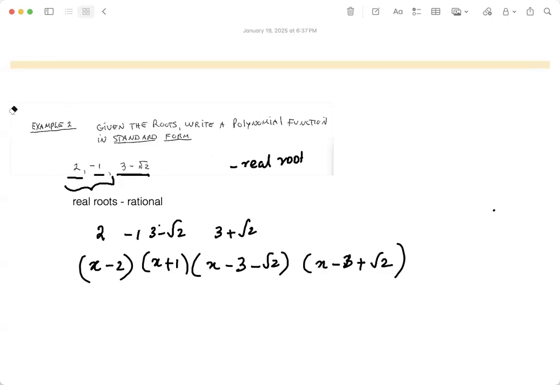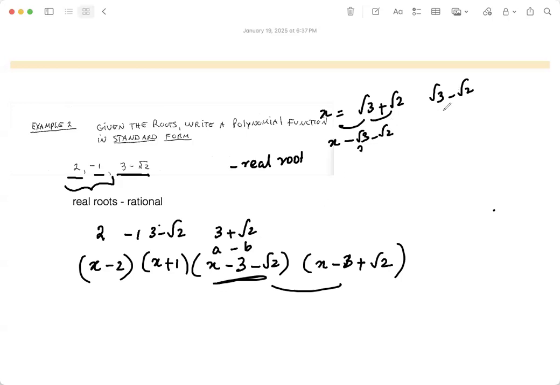So the complex part about this is multiplying these two. That is why I gave you this. Basically, you can take it as a minus b. Check. What are the roots? Root 3 plus root 2, root 3 minus root 2. So now, if x is equal to this, then what is the factor? Bring everything to the side. x minus root 3 minus root 2 is one factor. The other one is x minus root 3 plus root 2.